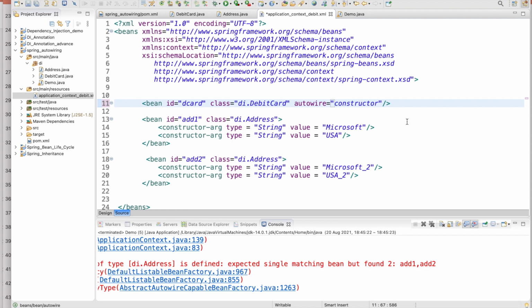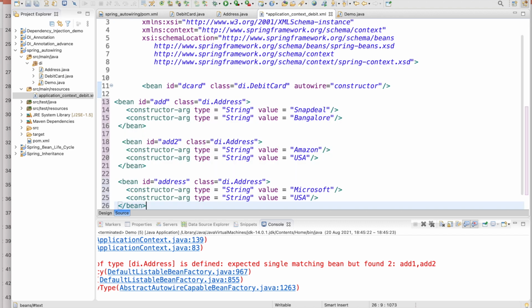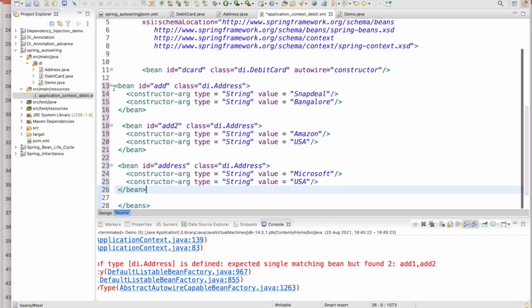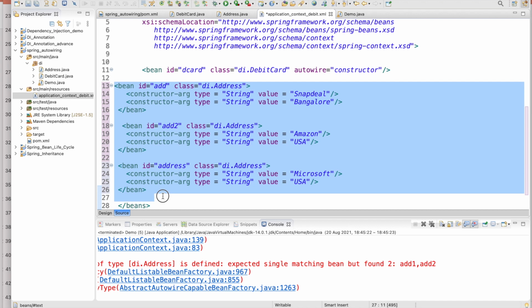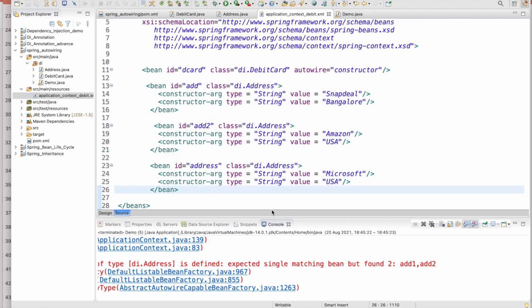So now what happens when you use the constructor? Suppose you have three beans.